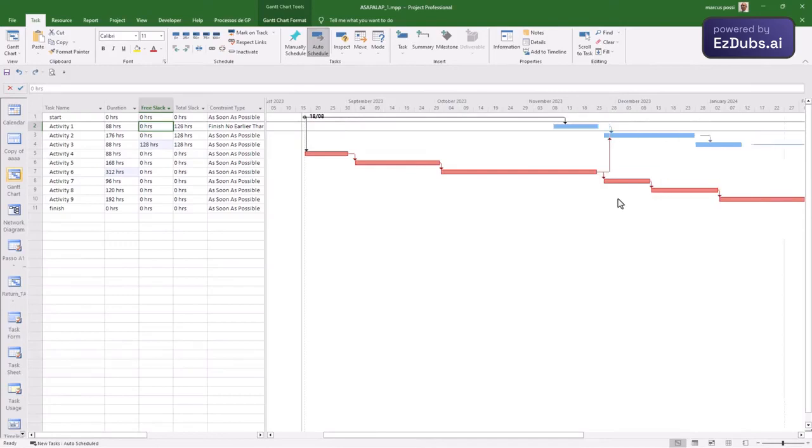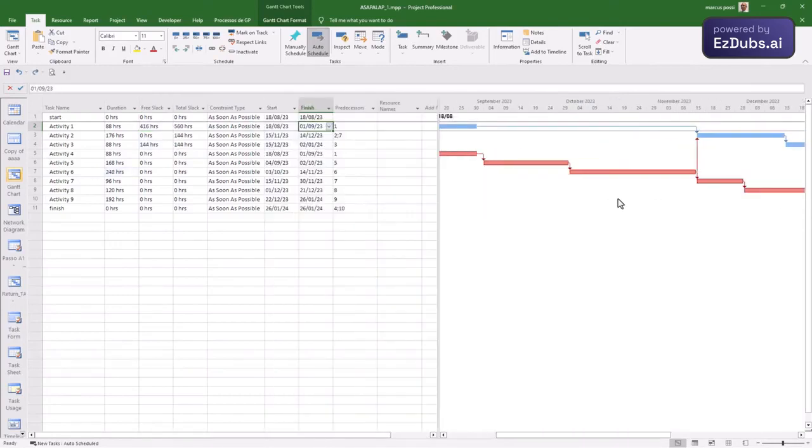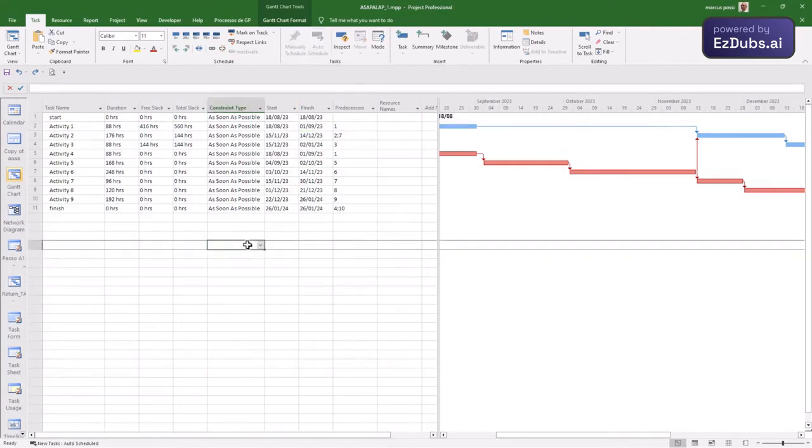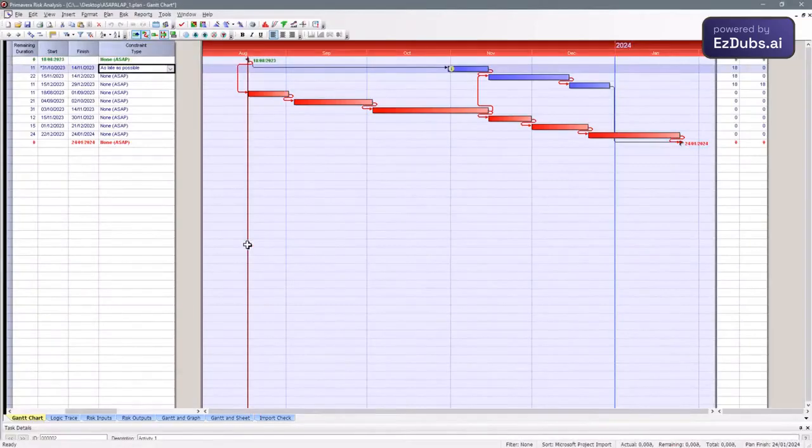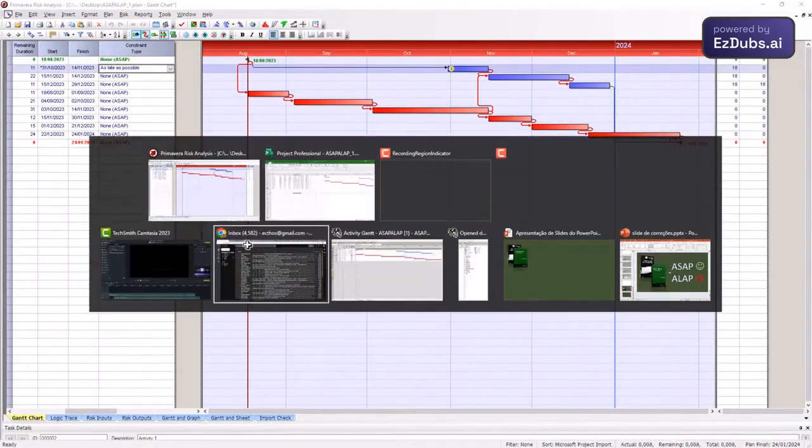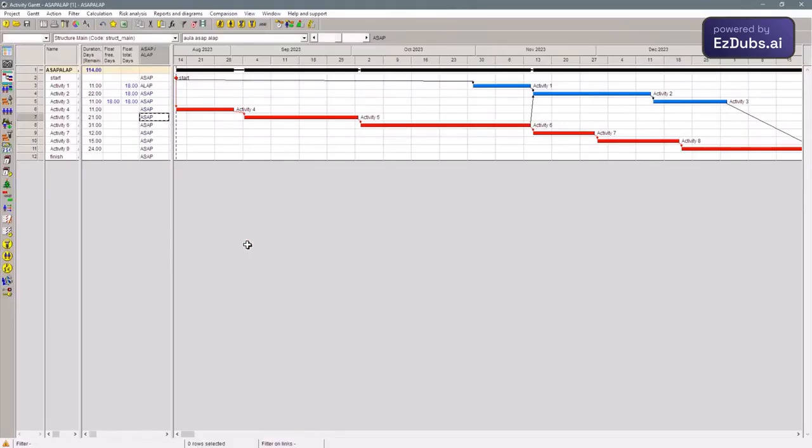Control Z, Control Z, Control Z. I'll have the normal situation with no dynamic link. This type of adjustment, due to a failure of the program's algorithm for scheduling activities, is not necessary, for example, in Primavera, nor in Spider Project, nor in Astra Power Project, nor in Safran, nor in other management tools.